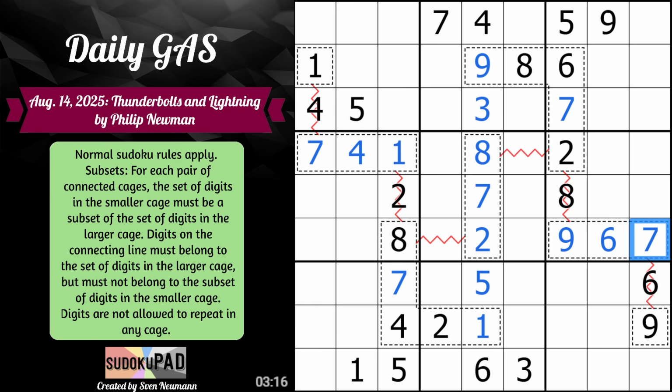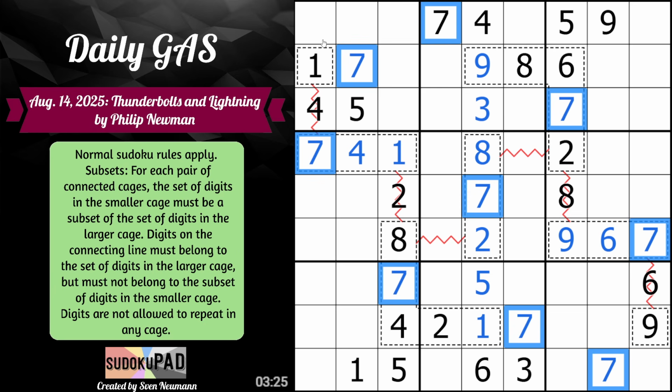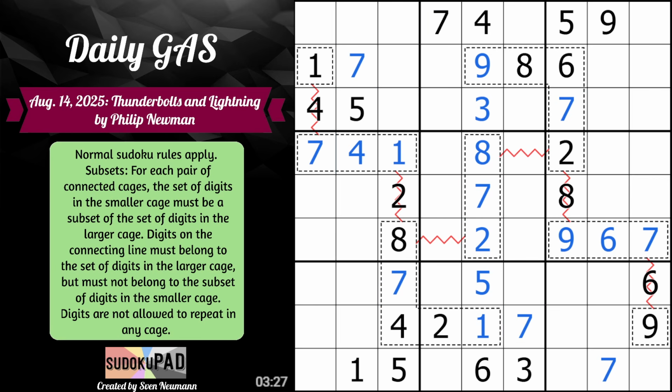I think that makes sense. So then we get 7 here, and 7 here. I think that's all 9 of our 7s. 8 is part of this cage. So then 8, 7, 2, this has to be 6 or 9, and this has to be